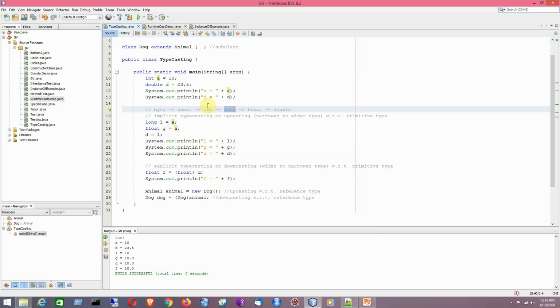here we are going to convert wider data type to narrower data type with loss of information, such as for example double to int. So like in this example, d is of type double. Now the variable double is getting converted into float. So according to this relationship, float is considered to be a narrower type compared to double. So that is why we need a cast operator in this case. So since we need a cast operator here, that is called explicit typecasting or downcasting.